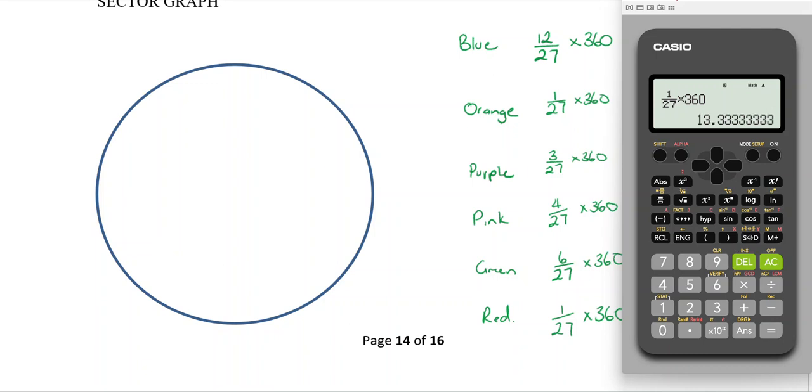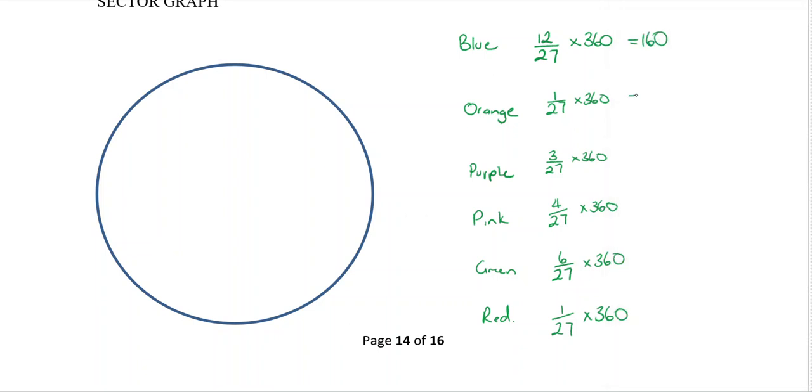Oh, that one's not quite so nice. So 13.3 repeater. I'm not going to do the 0.3. What am I going to round that to? Yes, Ivy. Nope, not even. I don't want any points. I just want the nearest whole number. Just 13, correct. So just the 13. Since there's another one the same, let's put that one in as well. That one down there is going to be 13 as well.